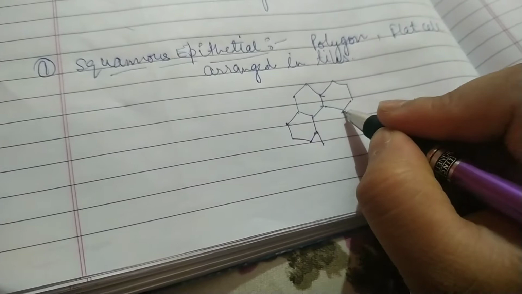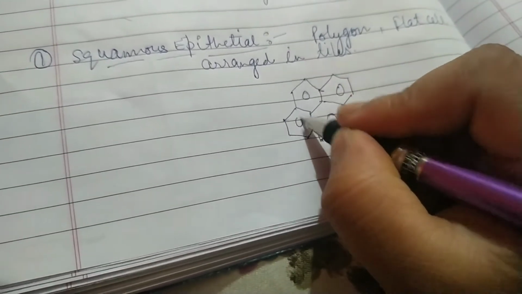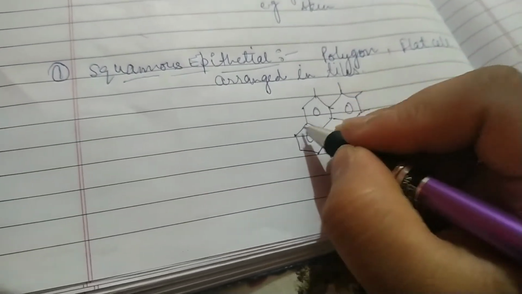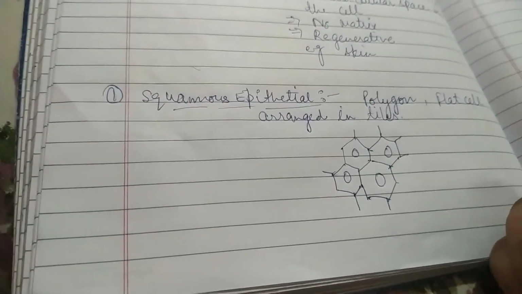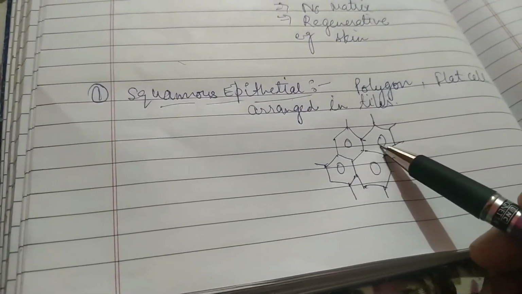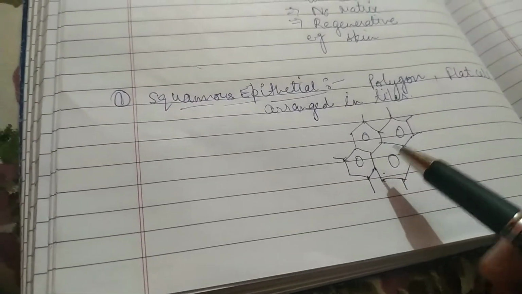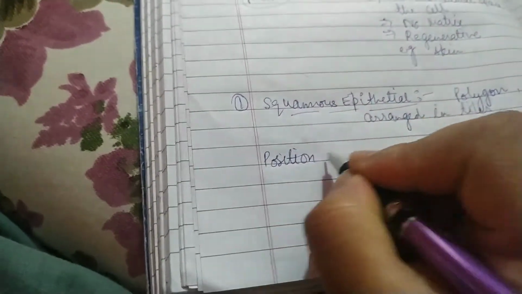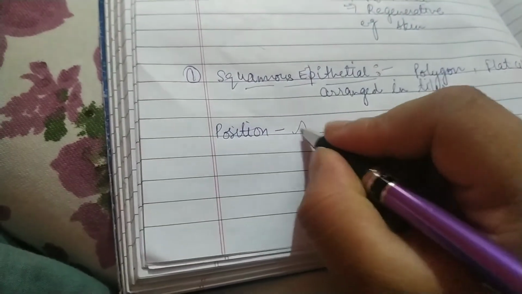We can draw the structure like this. So this is about squamous epithelium. It is polygon in nature, and flat cells are found arranged like tiles. So what is the position? If we talk about the position of squamous epithelium, where is it found? It is generally found in